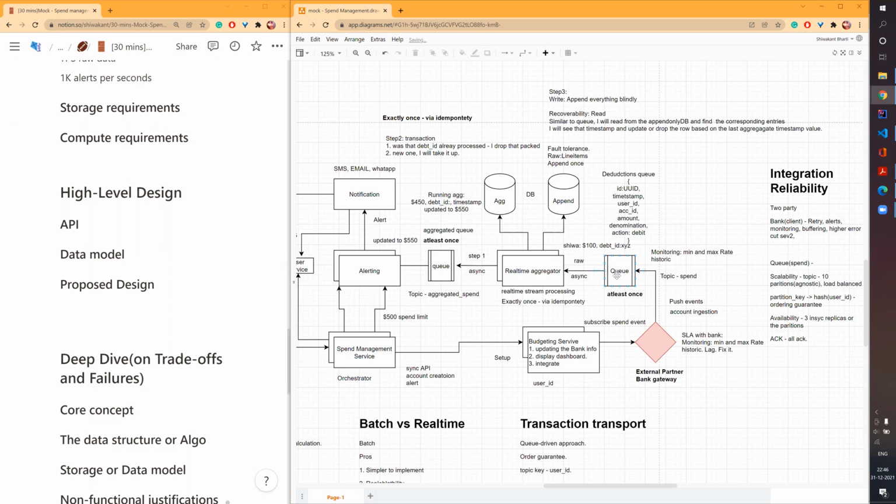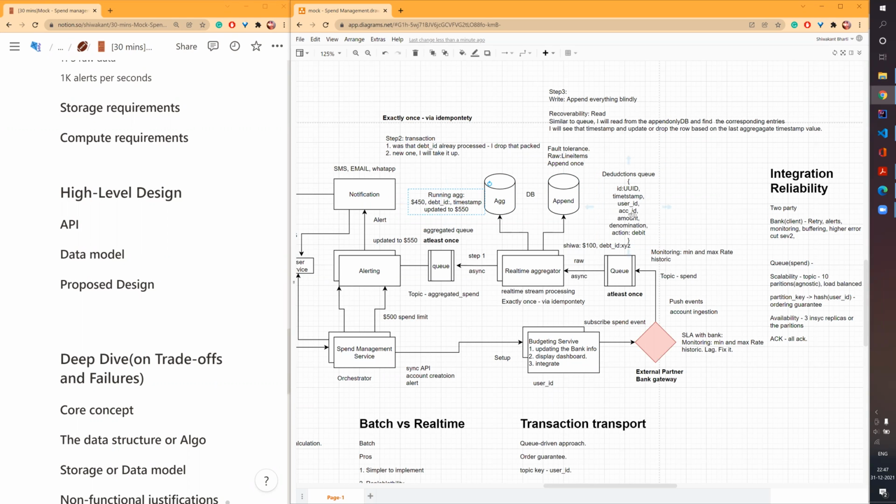So first of all, I will read this event, and then I will check that this event was not already part of the running aggregate. There will be a timestamp mentioned here, so here also maybe I have this timestamp. Based on the timestamp, I can make sure that the $450, this timestamp is actually greater than the